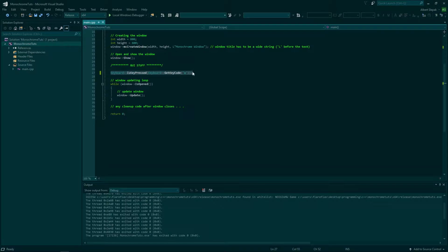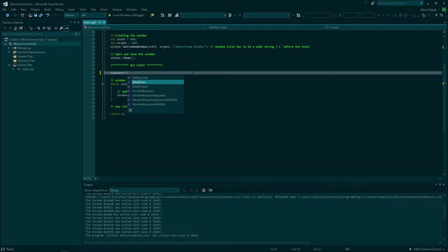You can also do keyboard dot, it's a static function, simulate key presses. You can simulate a single key press. You can simulate a key press sequence, which is multiple letters, as many as you want. You just have to plug in a string there. You can simulate key presses with shift, so it automatically presses shift for you and then simulates a key. So if you want an uppercase letter, you